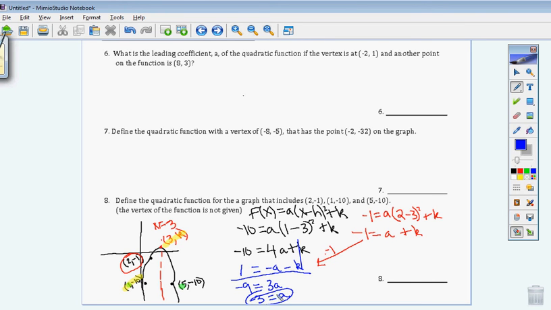That's one thing I definitely needed, but I'm not done. I need to now take that and plug it back in. So now I have negative 1 equals negative 3 plus k. So my k value will be, adding 3 to both sides, 2. Now I'm running out of room. I can't write this on here. I'm going to write it below. So the actual answer is f of x equals my a value of negative 3, and then x minus h, my h value here was 3, so x minus 3, quantity squared, and then my k value is 2, so plus